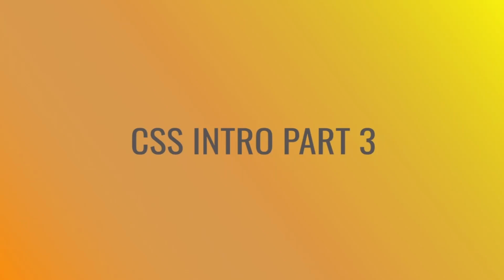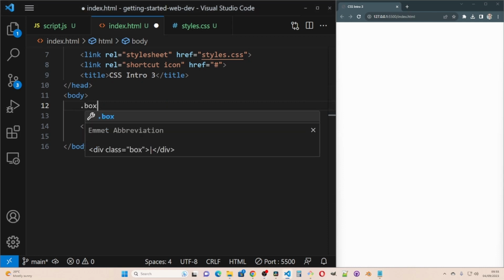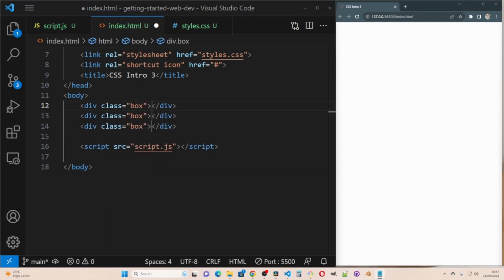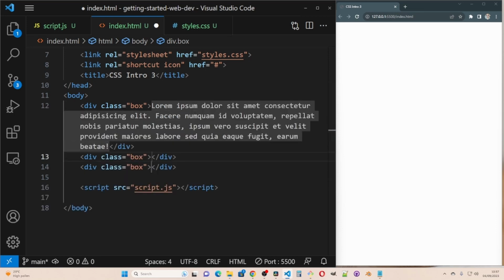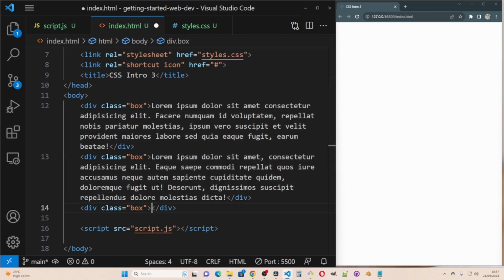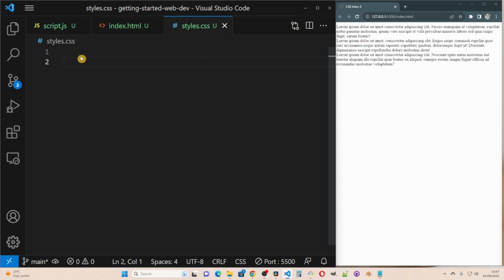In this video I'm going to talk about box sizing and the most common CSS units. So let's get started. I'm going to create 3 boxes with a class of box. I'm going to put some lorem ipsum in each of these boxes, and then I'm going to style that. The class is box,